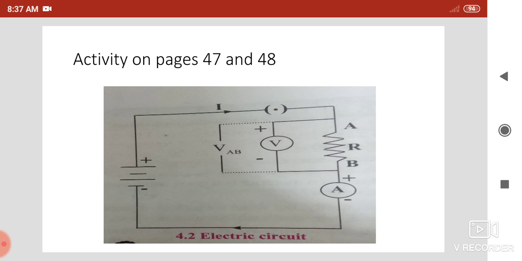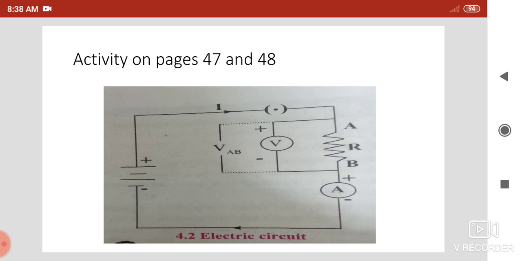To do work, energy is needed. This energy is taken from the electric cell used in the circuit. In that circuit we have shown the battery. The battery supplies the energy, and that energy is used to transfer the charge Q from A to B, and so the work done is VQ. This work is done because of the energy, so we can say the work is equal to energy.